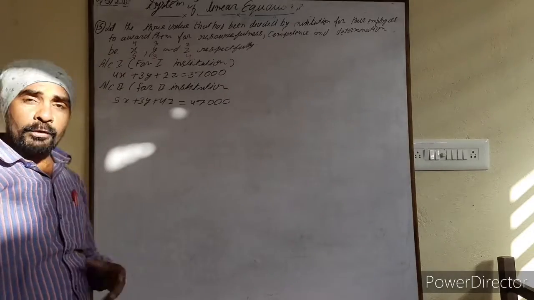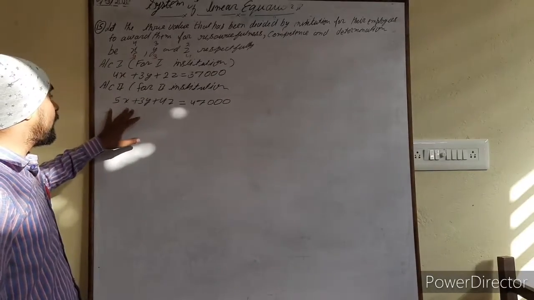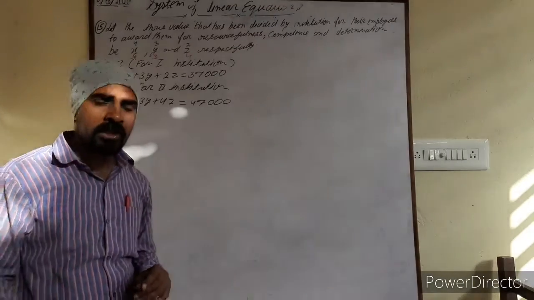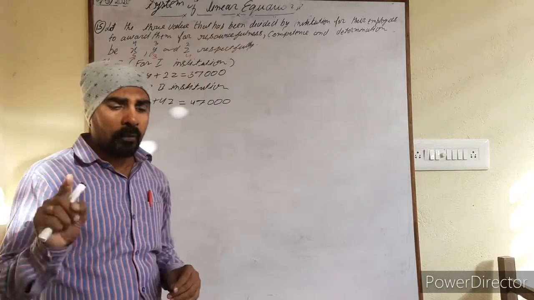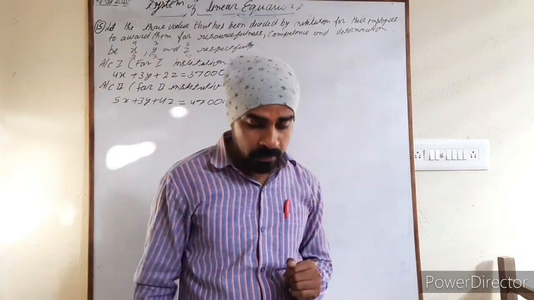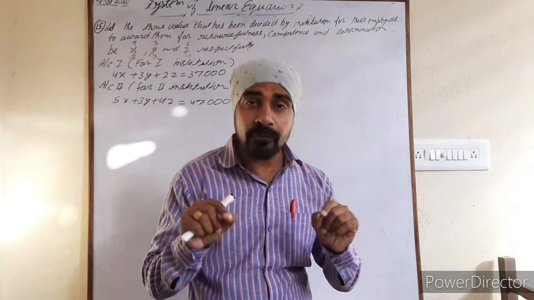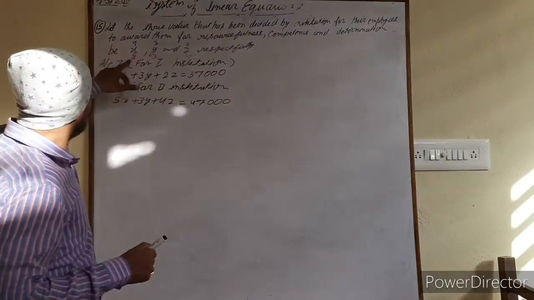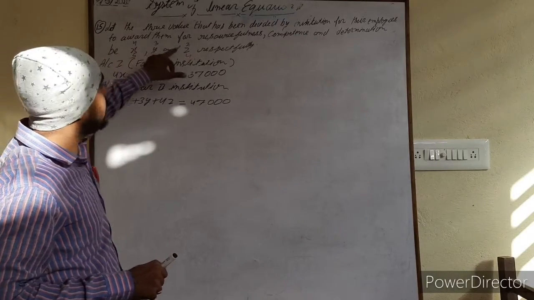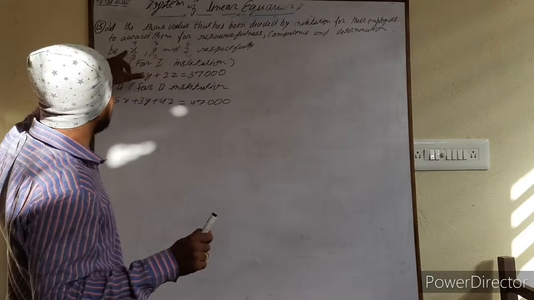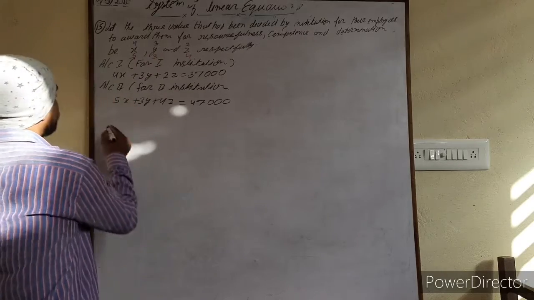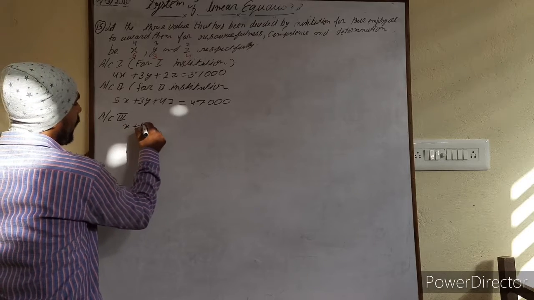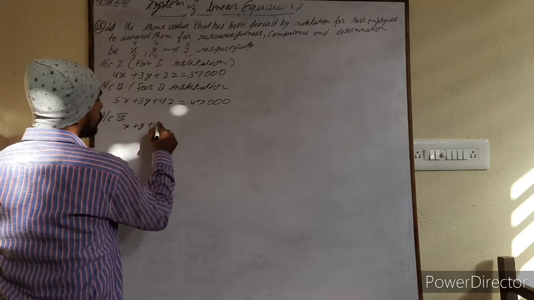So 2 equations have been made, but you are observing here that if there are 3 variables, 3 equations must be here. Unless there are 3 equations, we are not able to find out the value of the 3 variables. So the third condition has also been mentioned that the total price for each employee is 12,000. It means for one employee, for one employee and for one employee the total is 12,000. It means x plus y plus z is equal to 12,000. So according to the third condition, x plus y plus z is equal to 12,000.